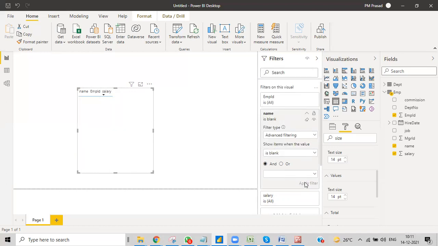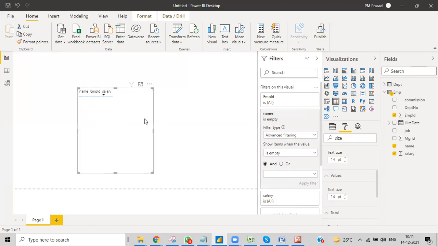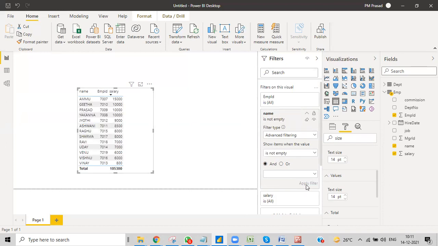We don't have blanks, so obviously is not blank. In some cases there is empty rather than blank, so we do have an option for that. There are no such scenarios here, but I don't know how they differentiated that. Empty columns. This is how advanced filters work in text format.